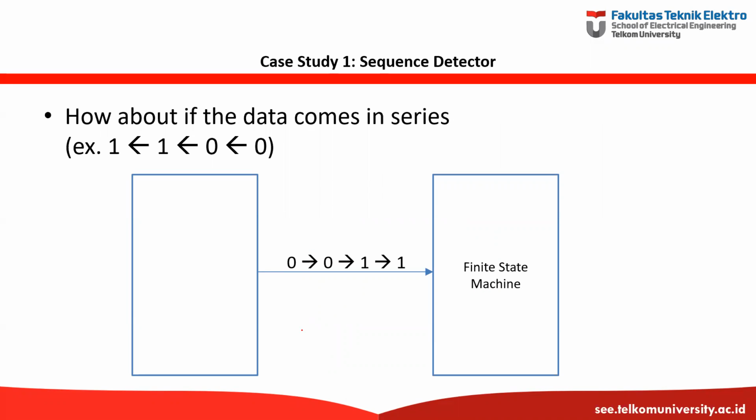This is very easy. However, if the data comes in sequence or in series, now we have a problem. It needs to detect 1, and then 1, and then 0, and then 0. This will create several combinations. Let's say starting from 1. If the next input is 1,